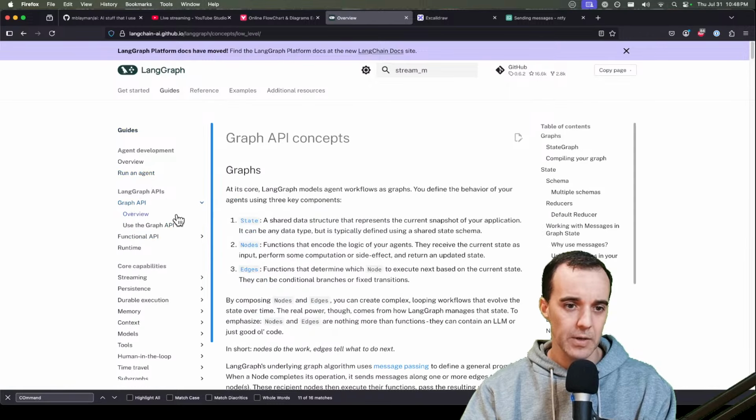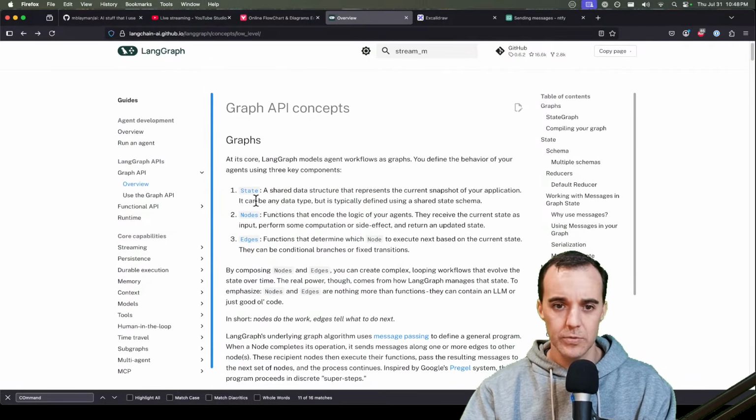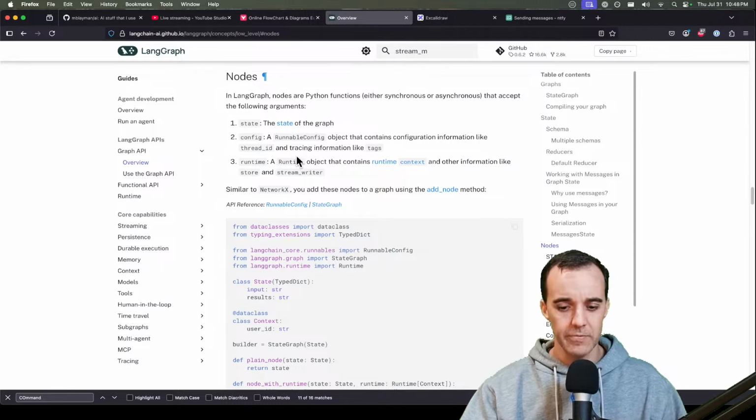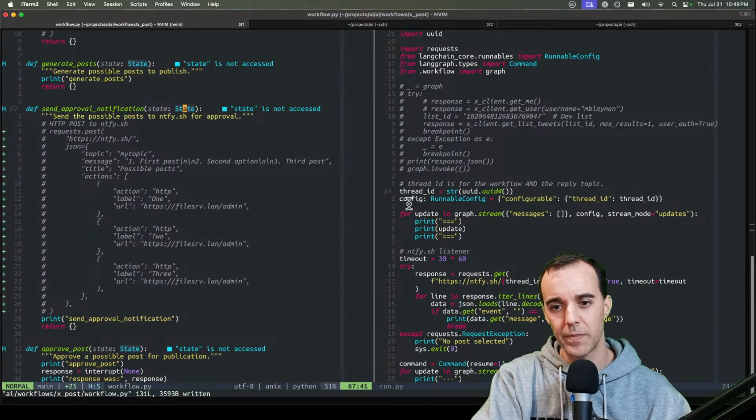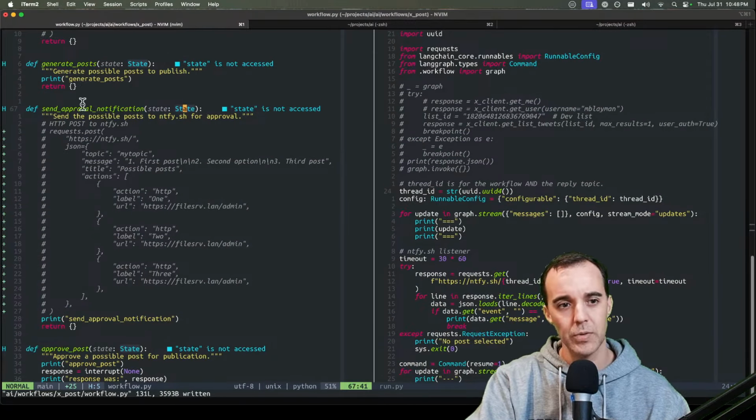So if we go to the Graph API and we go to the overview, these nodes can have the following arguments. So if we inject the runnable config, that matches up with this thing, the config. So we can put the config into here, or we should be able to say config is runnable config. At that point, we should be able to